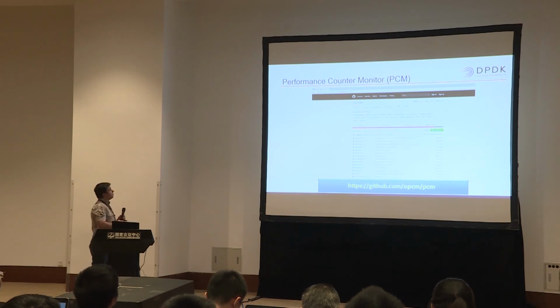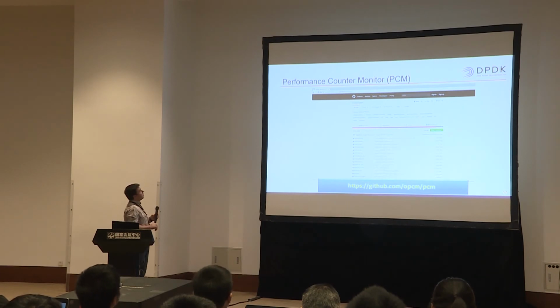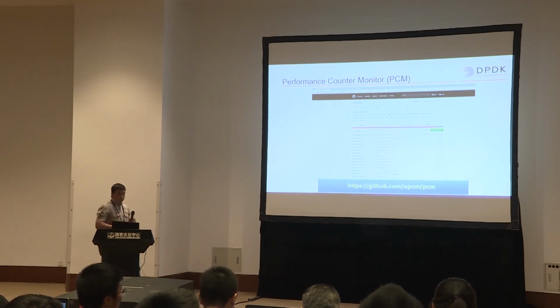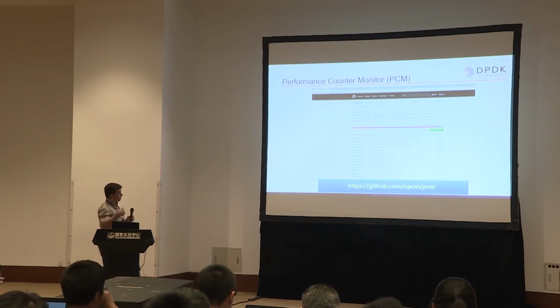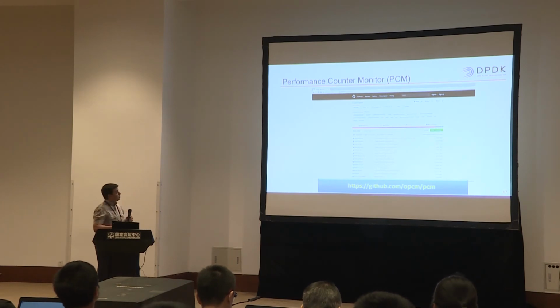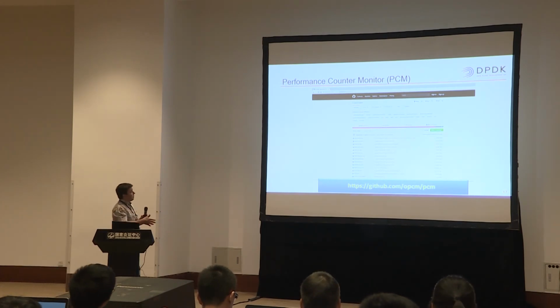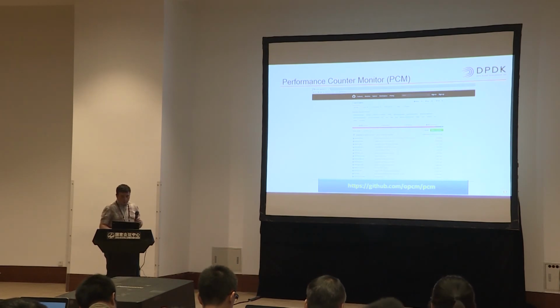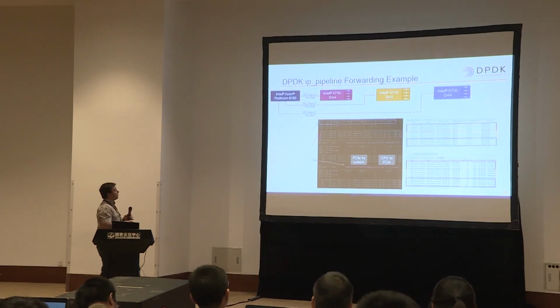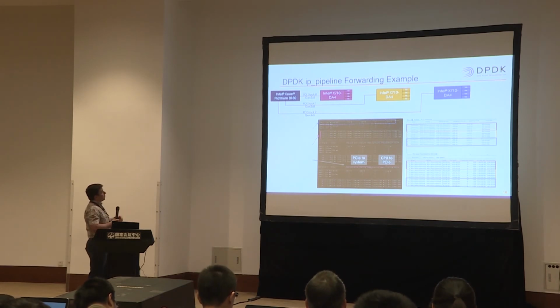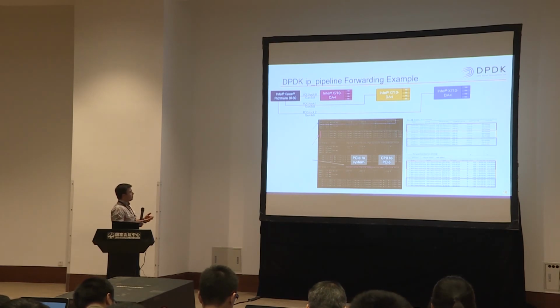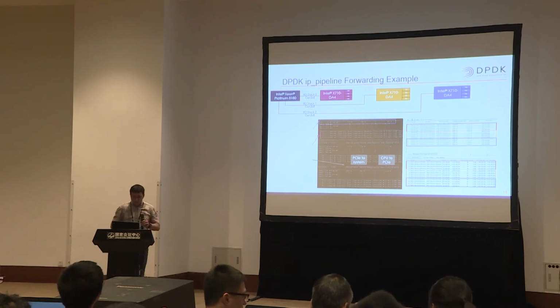Another handy tool to use hardware counters is Performance Counter Monitor. It's open source. It works in the counting mode, and it can even be useful for those who want to integrate that API into their own application. This is a screenshot from the tool. The tool provides in console mode all those metrics in counting mode: bandwidth collected from the traffic controller, memory, and the socket interconnect as well.